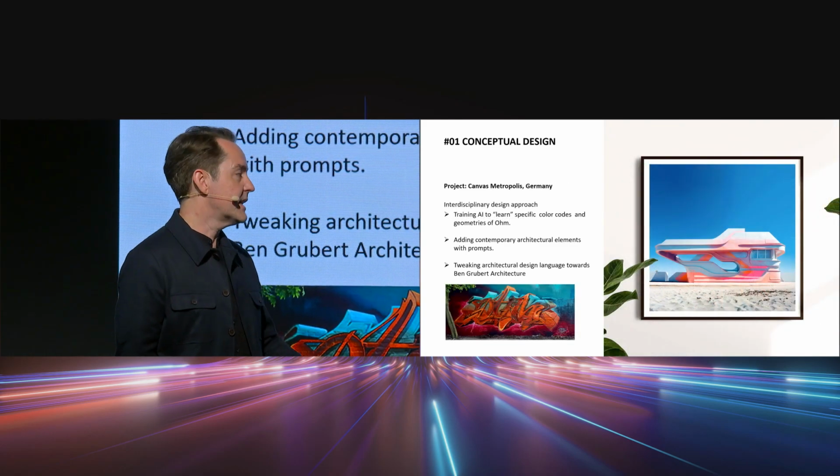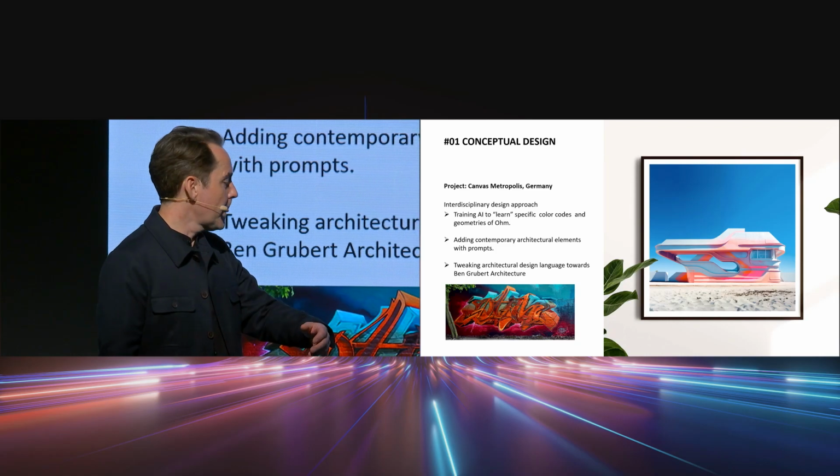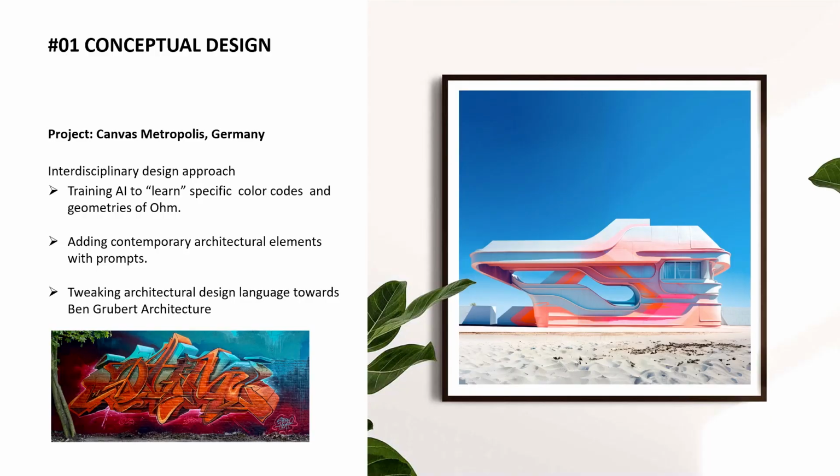Then again, a completely different project. This was work together with a German graffiti and street artist. We started the project by feeding an AI model with his color codes, form language and line work. He's a great artist. His name is Ohm, in Germany. And then we combined this trained AI model with the architectural language of Grubert Architecture, and the outcome was pretty funky,